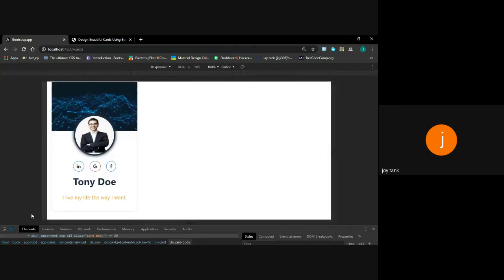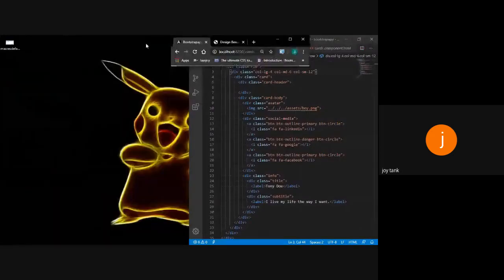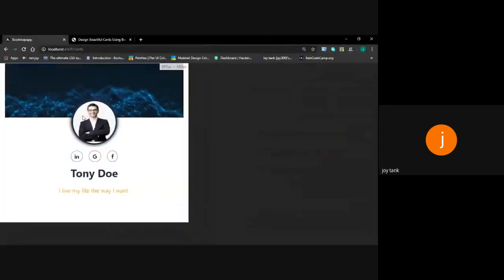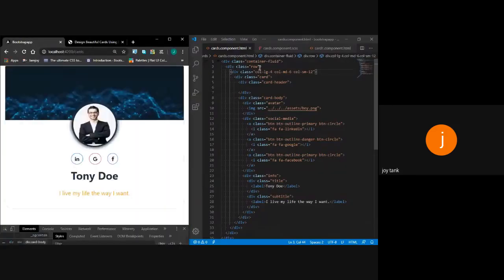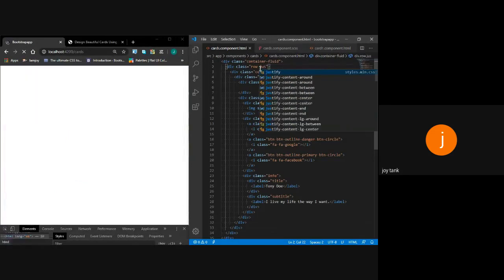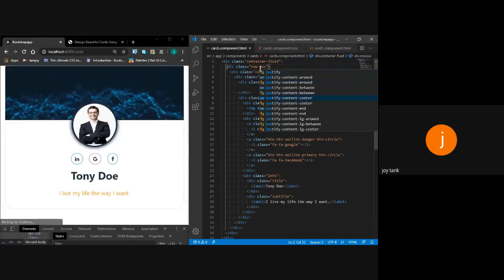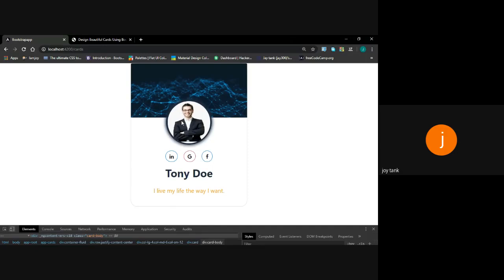Now I want this card to appear in the center of a row. So in the row property, I will use the predefined class justify-content-center. What this will do is that this card will now appear in the center within this row.